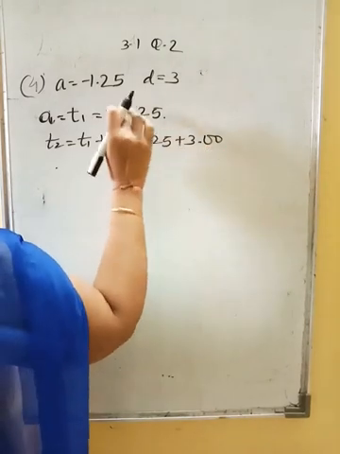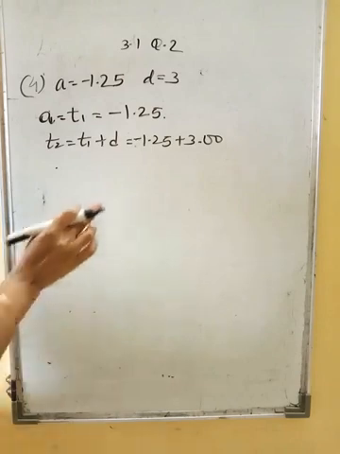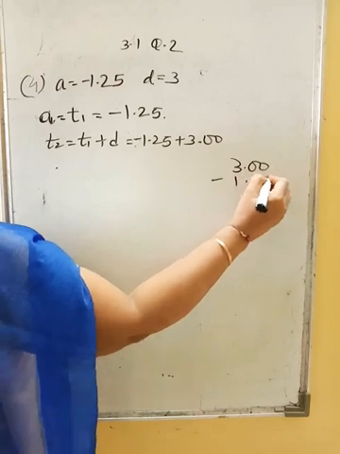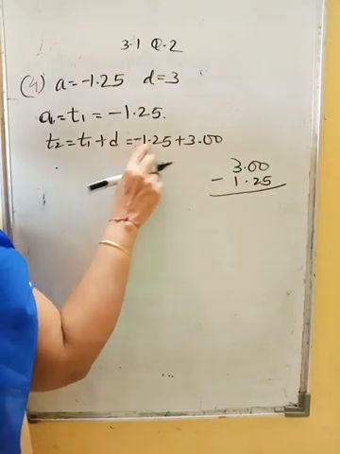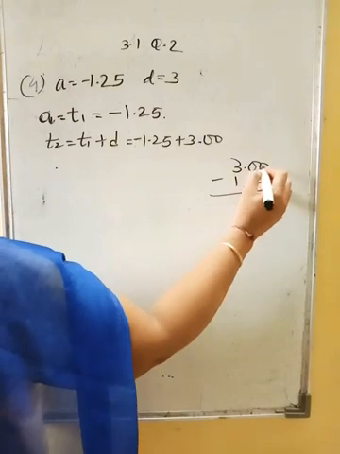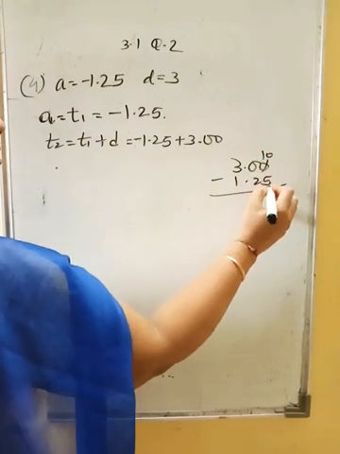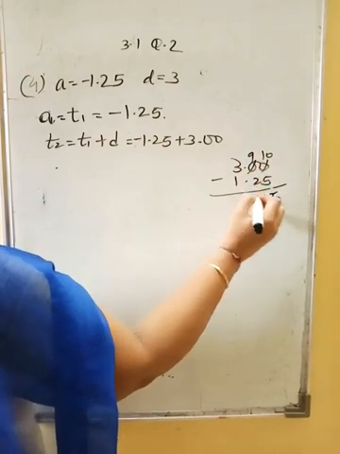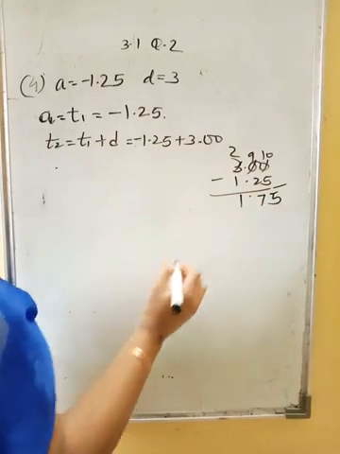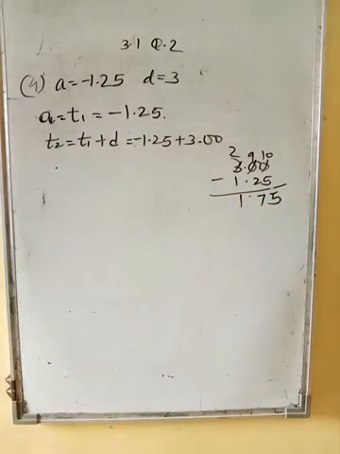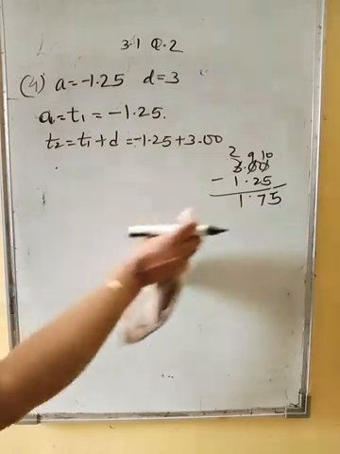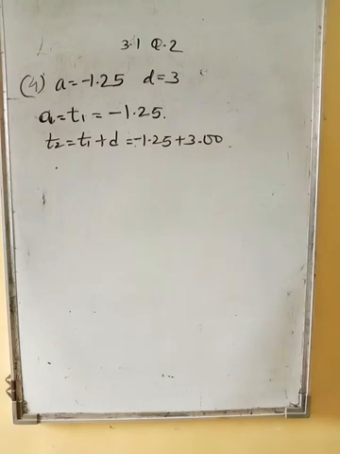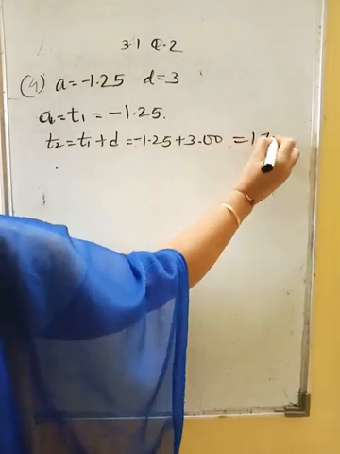Now instead of 3 I have to put it 3.00 because actually I have to do the subtraction here. From 3 I have to subtract 1.25, because one is having negative sign, another is having positive sign. So do the subtraction. So here you will get 10. From 10, 5 gone, so 5. Here there will be 9. From 9, 2, so 7 and here 2. From 2, 1, so this. So you will be getting 1.75. No need this, you can do at the some last page. You got the answer 1.75. So here directly you can write the answer 1.75.